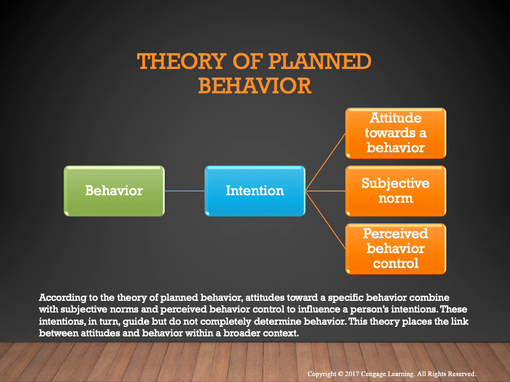The theory of planned behavior. Here we can see a diagram that illustrates the theory of planned behavior. It starts on the right and moves to the left. It starts with attitudes, subjective norms, and perceived behavioral control, which combine to influence intentions, and the intentions in turn